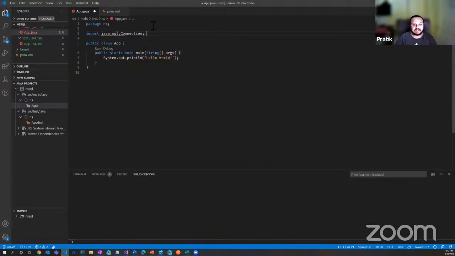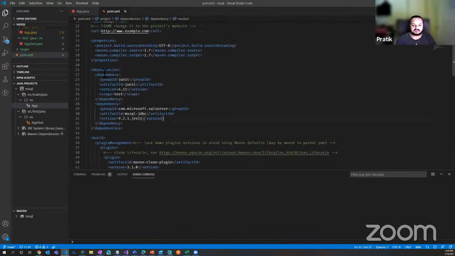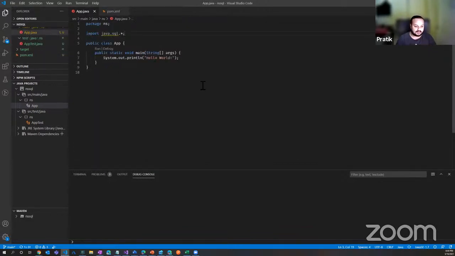So let me just do something like import java.sql.*, so that let me import everything that is available there. What the import statement does is it imports some classes that are exposed in a particular package. When we added a dependency for Microsoft SQL Server, a lot of packages automatically came to you. And java.sql is a package which is available in your